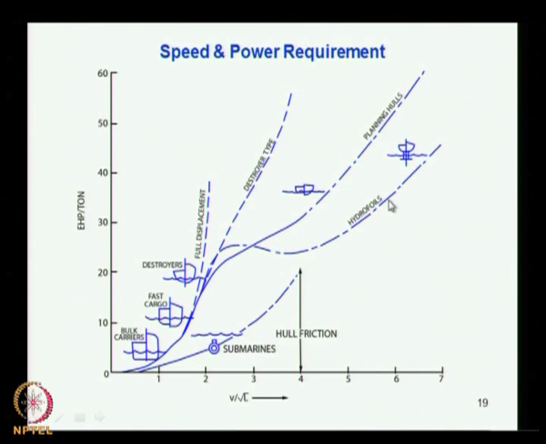So there is innovation and technology still getting advanced. There are more types of vessels coming up, air cushion vehicles, surface effect ships. So there are different methods and technology advancements using which the resistance of the vessel can be brought down and it can achieve a high speed for less power.